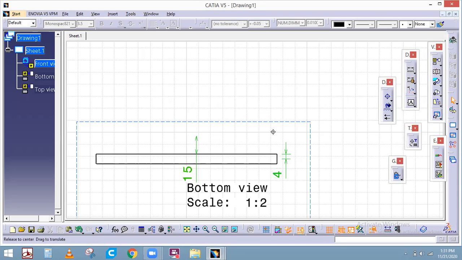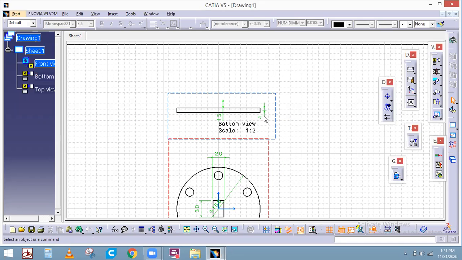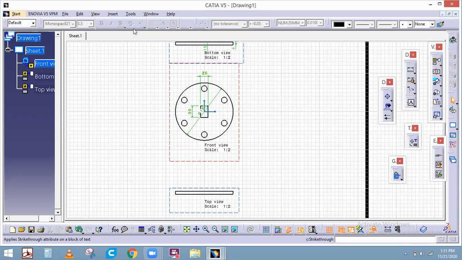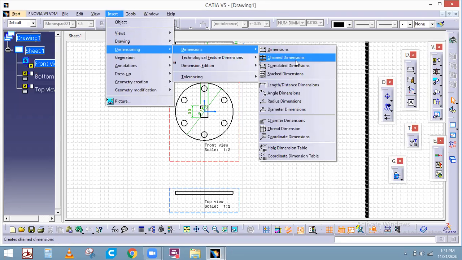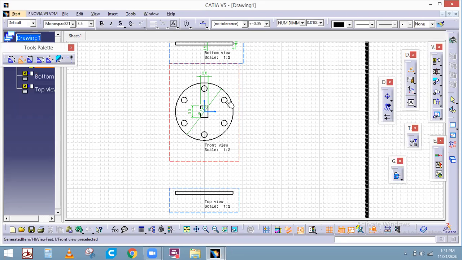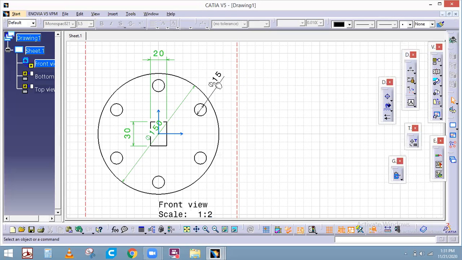Okay. So if some of the dimensions are missing, just go to this dimensioning. So you know this dimension, chain dimensions, angular, radius, diameter. I want the diameter of this. Just select this, so you can get it here, right? Okay, so if you want to change the orientation or if you want to make it look big, just